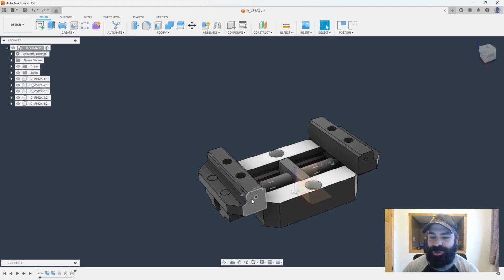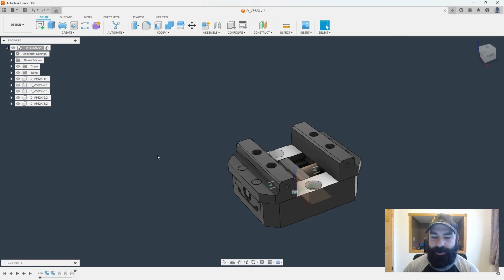And if I try to move my jaws now with nothing grounded, you can see how we can move those. But we're now going to take this one step higher. Again, we revert that back. And for neatness and cleanliness, I like to get the origin out of the way. So now what we need to do, because this is a self-centering vise, is we need both jaws to move